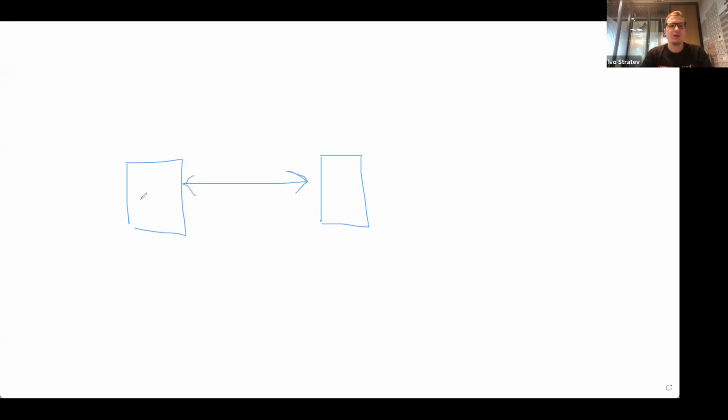Probably one of them will be designated as a leader, and the other one as a follower. The leader database is going to accept all the writes for sure, but it depends on the kind of database, the consistency model. For example, the follower might be able to serve read-only queries directly when we have strong consistency and the communication is synchronous,